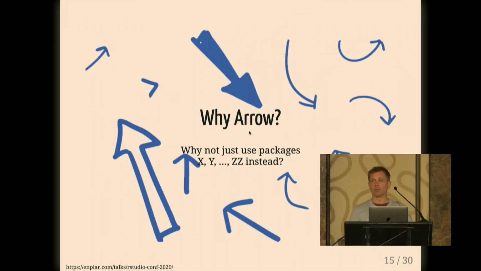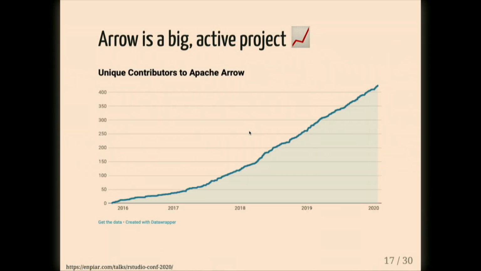What I want to talk about now, though, is why I think the Arrow project is unique and why it's worth following and considering for whether it's appropriate for your projects. The first thing is that I demoed one thing here, but the Apache Arrow project is much larger than that. One measure of that is the number of contributors. We've got around 400 contributors, maybe more or less, and it's a steadily growing number. As you can see over the history of the project here, we're picking up about 2 new contributors every week. So this is a growing community, with lots of people adding things to make the software better for you.